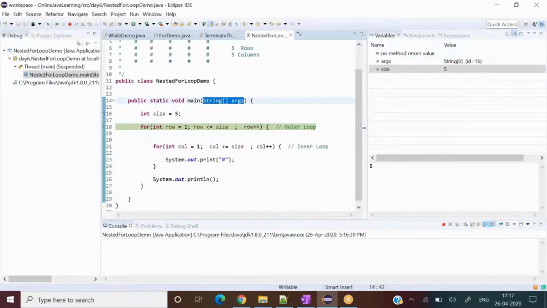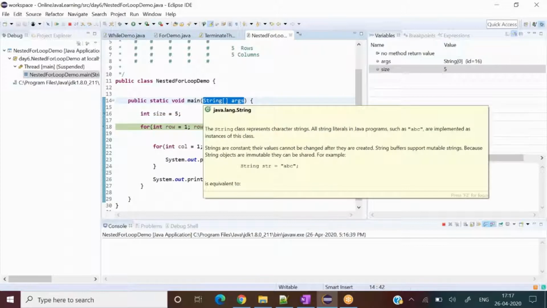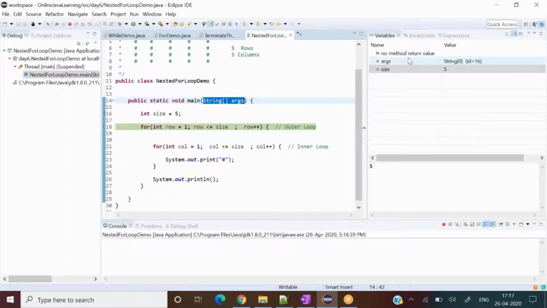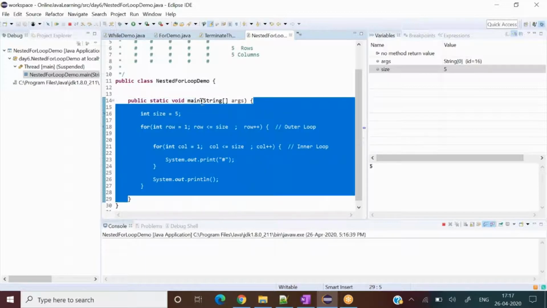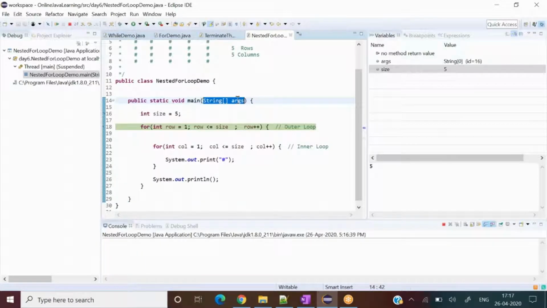This blue line you see, string argument, belongs to this argument, and argument means we are not passing any argument right now. So this method is not taking any argument. I will explain this part when I discuss method related things.